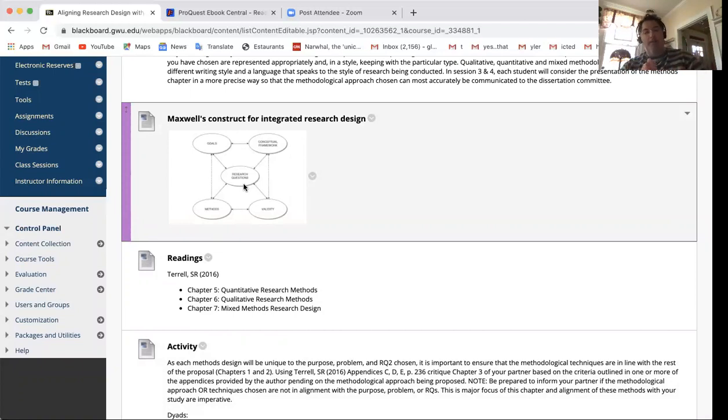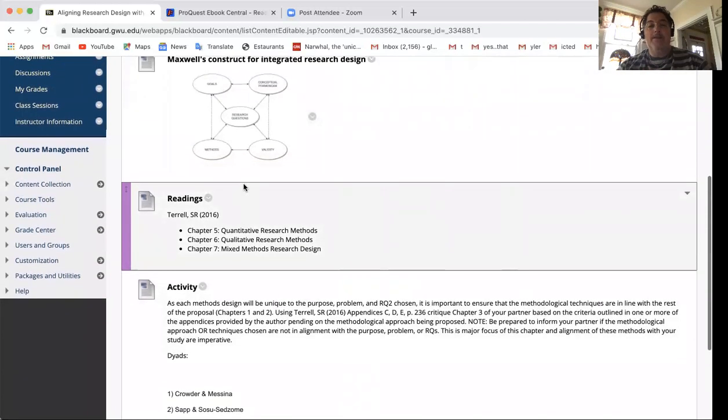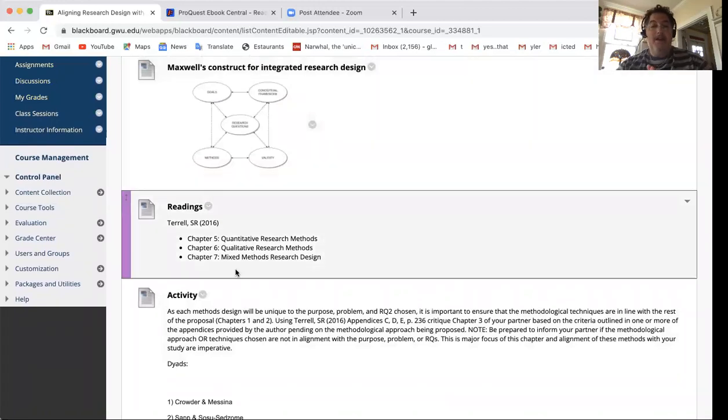Because I know you're probably working with a chair, you're probably still raking through literature, et cetera, et cetera. Now you're going to start to talk about the integration that is going to contribute to the design. Of course, this is where there may be serious departure in the different types of dissertations we have, because